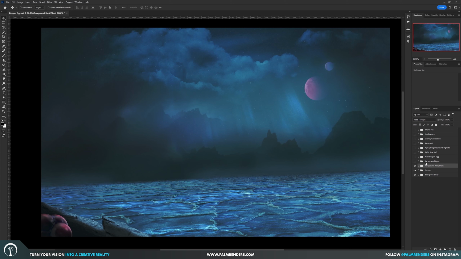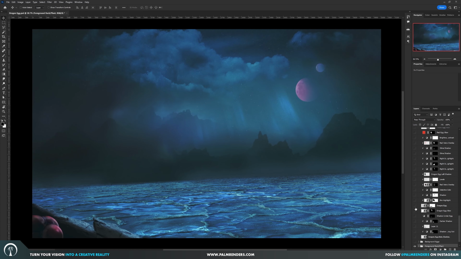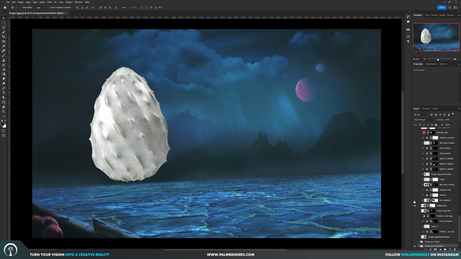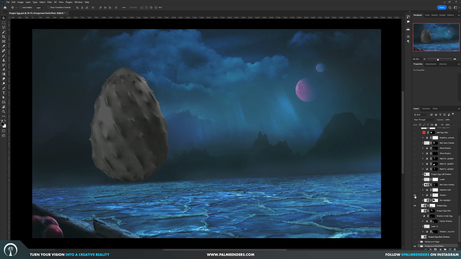We're going to skip the background eggs because the background eggs are a duplicate of the main egg, so we're going to go over the main egg instead. I started off with this egg, and to start it off I used my shadow with the black and white adjustment layer to figure out how much contrast I needed. And you can see that has a little bit less contrast than the foreground objects because it's in the middle ground. Then I did a selective color to add that blue hue,